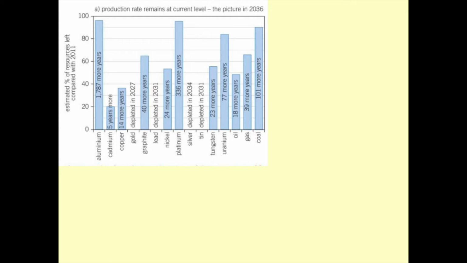The graph on the left is showing, if our production rate remains at the current level, what we're going to end up with in 2036. So some key things here: gold being depleted in 2027, silver in 2034, lead in 2031, and also tin in 2031, and lots of other resources which have quite a limited time span looking forward from 2036. So this was taken in 2011, so if the production rate remained at the current level of 2011,